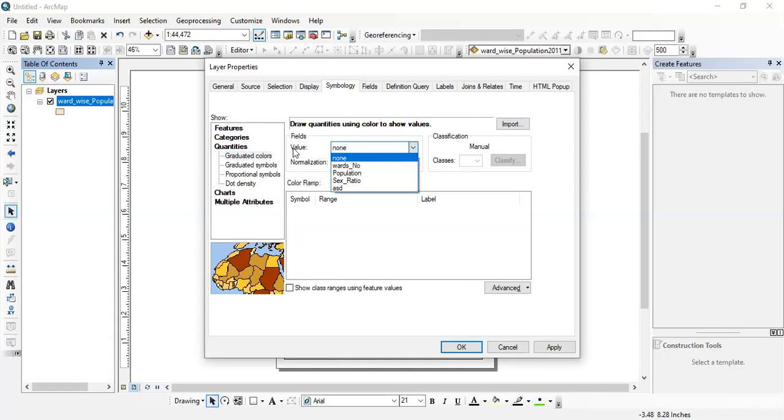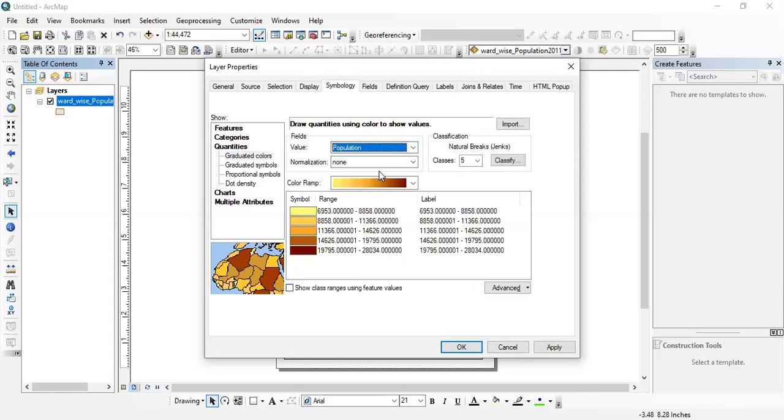In this value option, we are going to select the option population. For the normalization, we are going to select nothing. It will remain as none. We can increase the classes like 6 or 7.